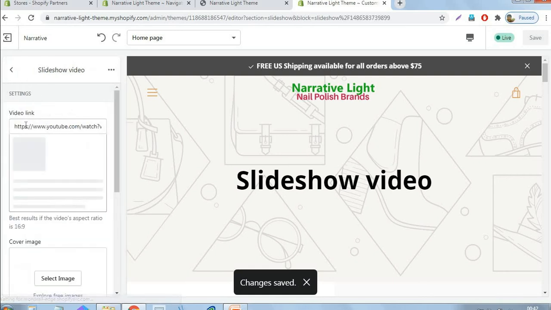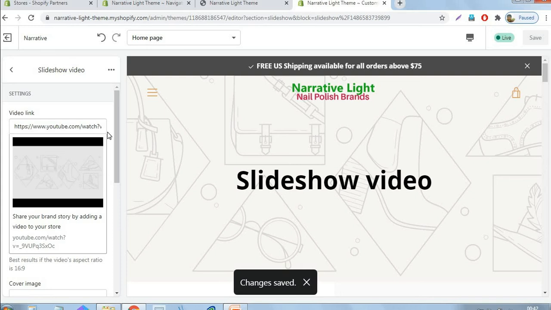You can add a slideshow video here. You can display a YouTube video. First, you create a video for your products or your service or your brand, anything you want, and after that you just upload it to YouTube. Then you take the URL, and here you can update. That particular video will be shown in the web store as a slideshow.